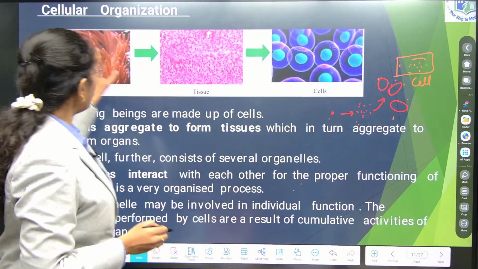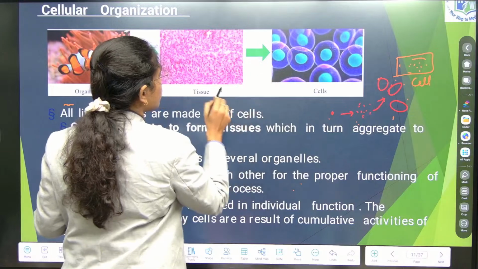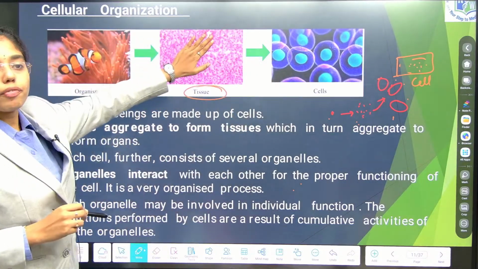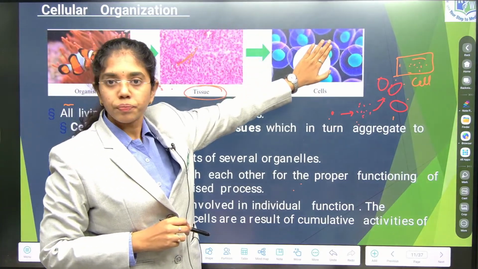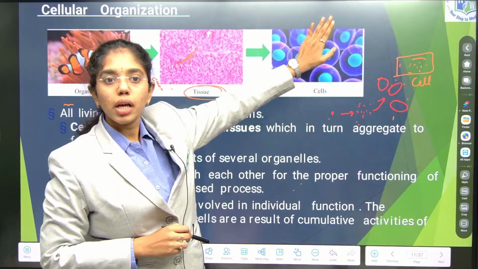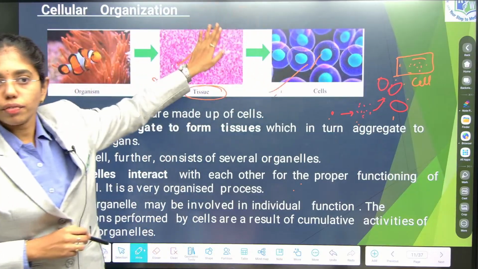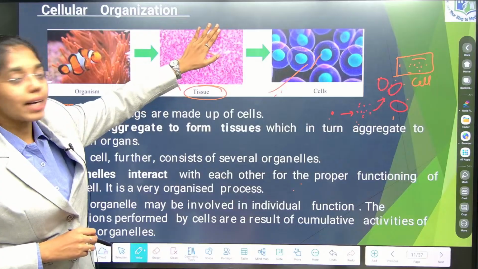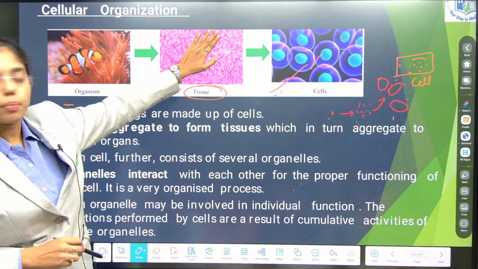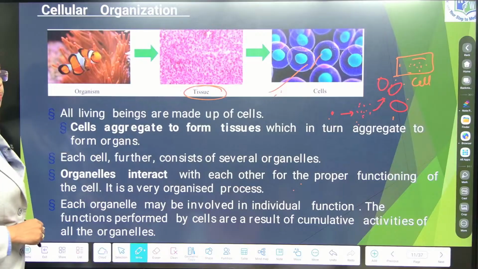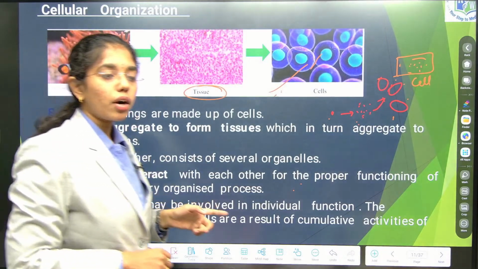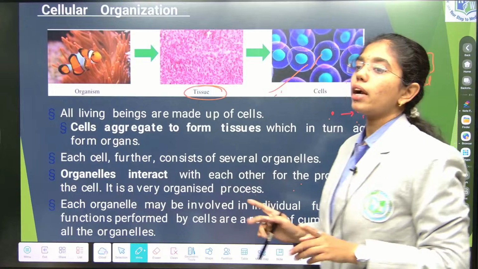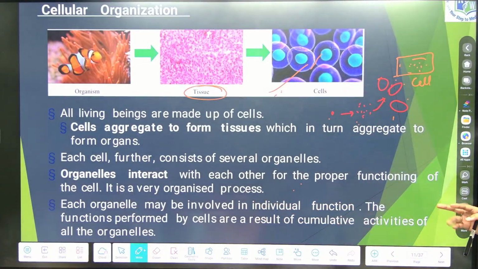As such, a group of cells will form what? A group of cells will form tissue. How can you define the property of a tissue? By the interactions in between cells. All the chemical reactions in between the cells will define the property of a tissue. All the reactions that happen inside a tissue will define the property of an organism or an organ. This is known as cellular organization. Cellular organization you see in unicellular organisms and multicellular organisms as well. Understood? Next,